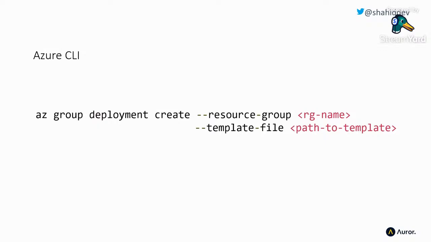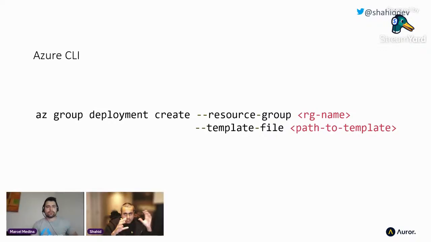But once I've got that template, the nice thing is that template's essentially self-describing. So what I can do now is ask the Azure CLI, as one tool, to create me a deployment. So I need to have a resource group. For those who may not be super familiar with Azure, a resource group is essentially an organizational structure within Azure that lets you contain all the resources that you want to keep together. There's nuance there, but we won't go too far off topic.